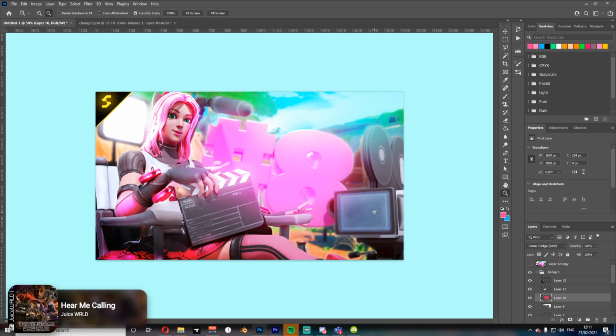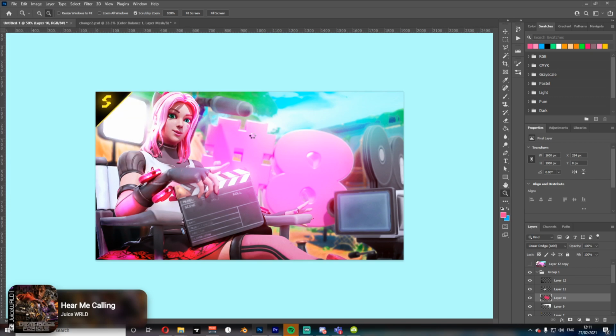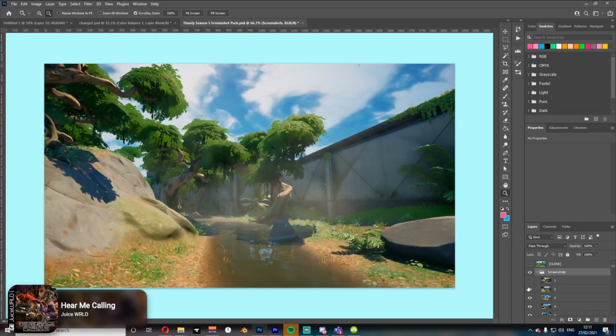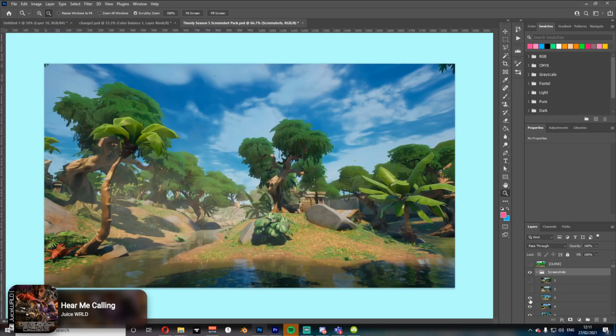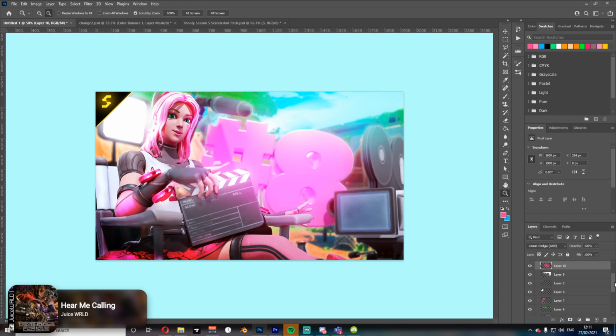Looking back at it now, I'd probably add a Fortnite background here, so I'm going to do that right now. Just to add a bit more reflectivity to this piece, because the film camera looks like it lacks textures and doesn't really reflect much, which you could probably do by changing the roughness in Blender. So on this piece here, just want to